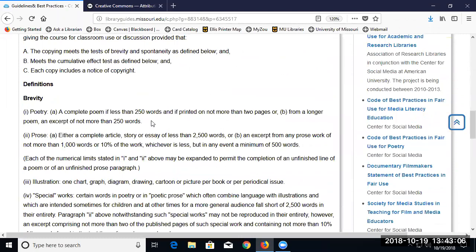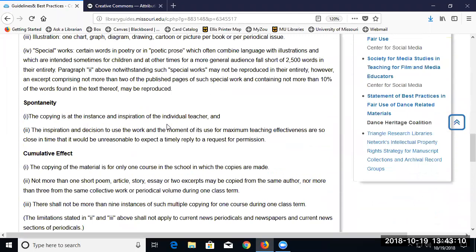But it's still the same kind of balancing act. So be mindful of the amount. Be mindful if you're going to use it over and over, then that can have more impact on the market. So you might not want to do that. So it's the same kind of thinking behind this.